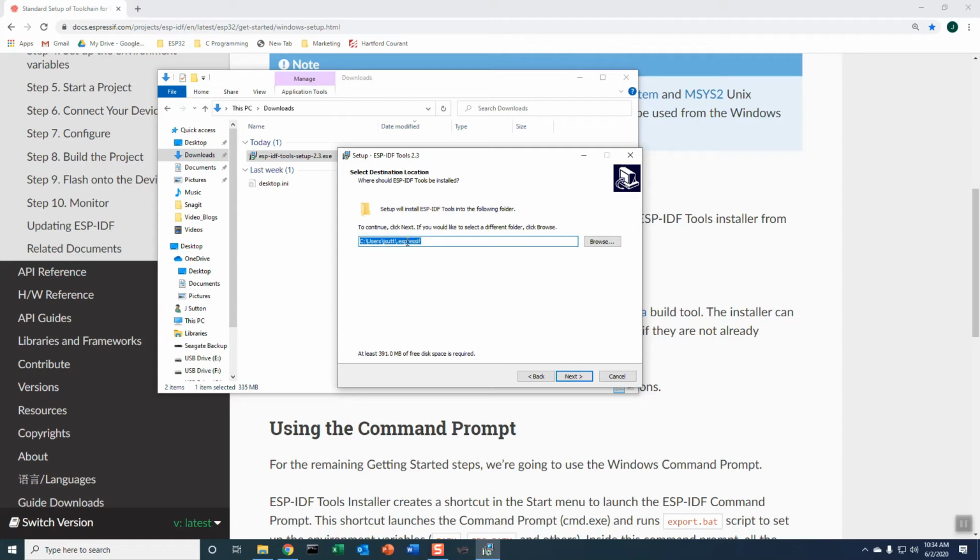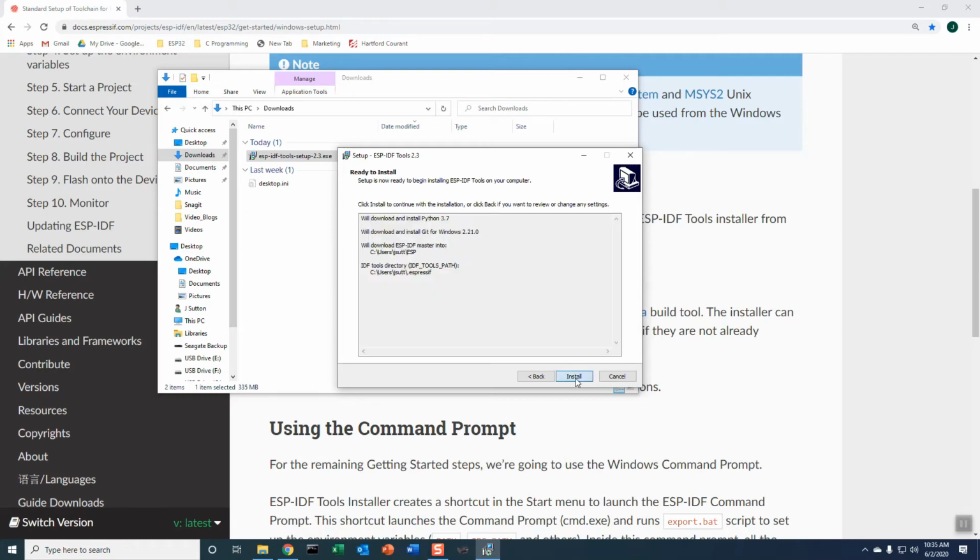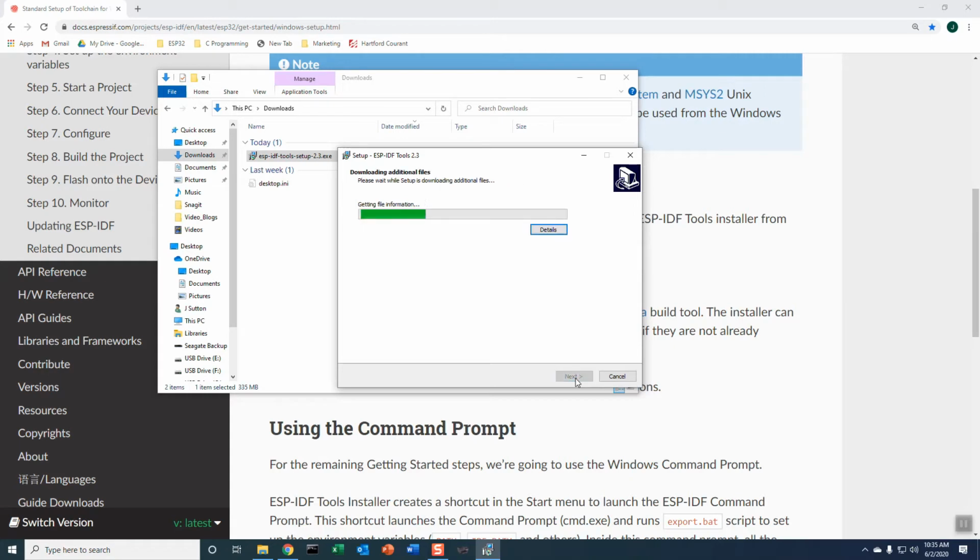it also wants to put some tools in, so it's making a .espressif file, so that's no problem. And I want it to have these nice shortcuts for me, so here we go. It's telling me all the nice stuff it's going to do. So this is going to take a minute, and I may clip this installation here, but